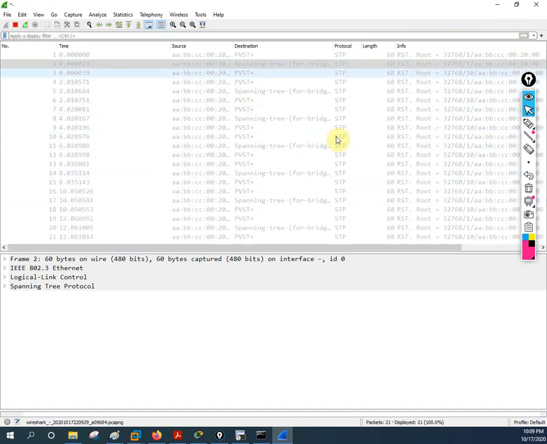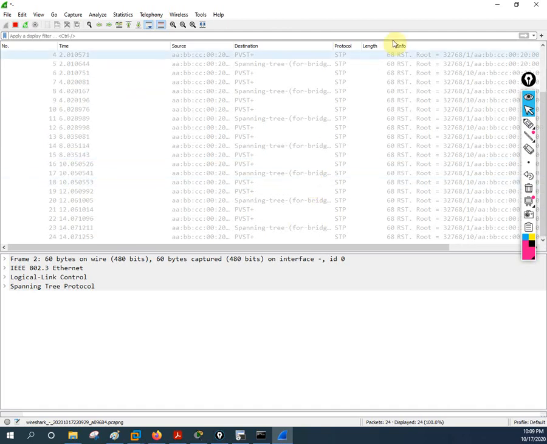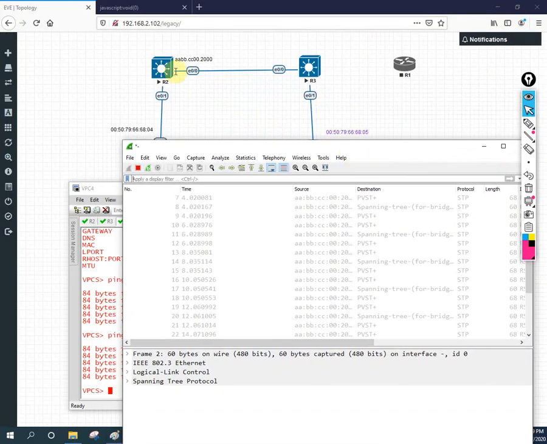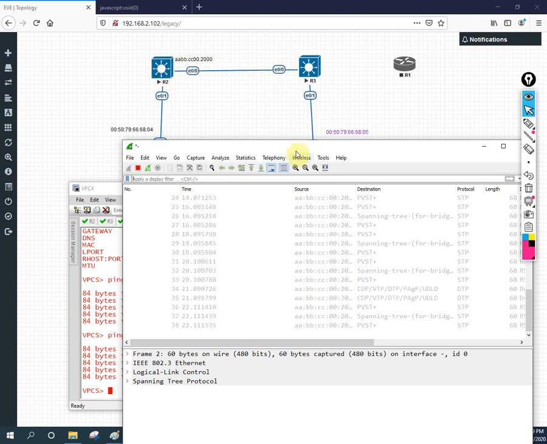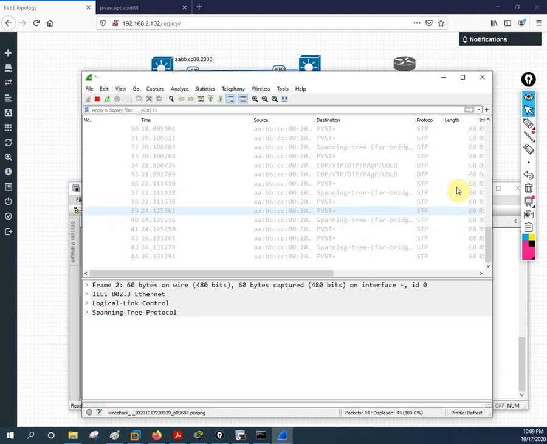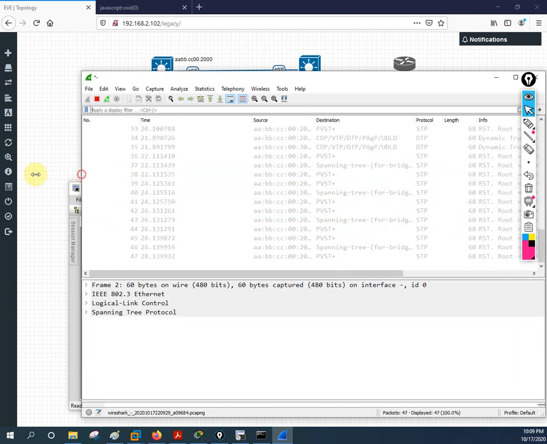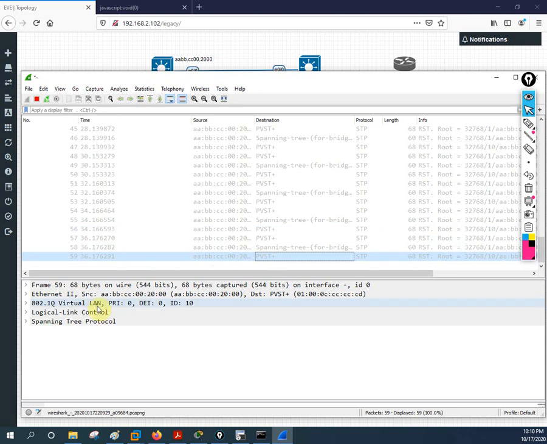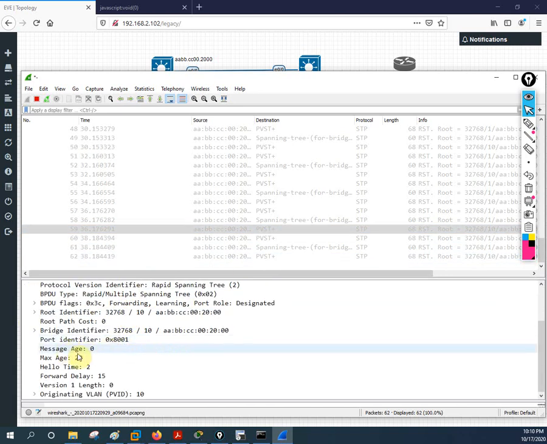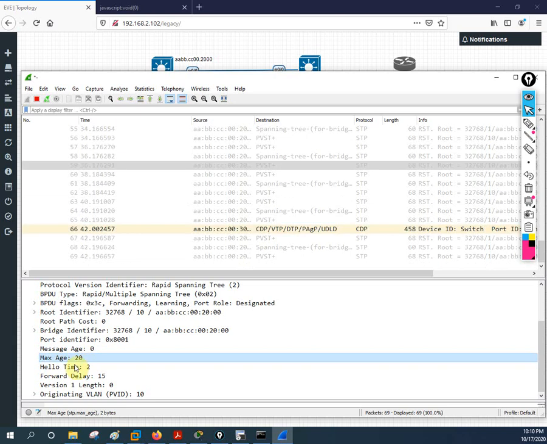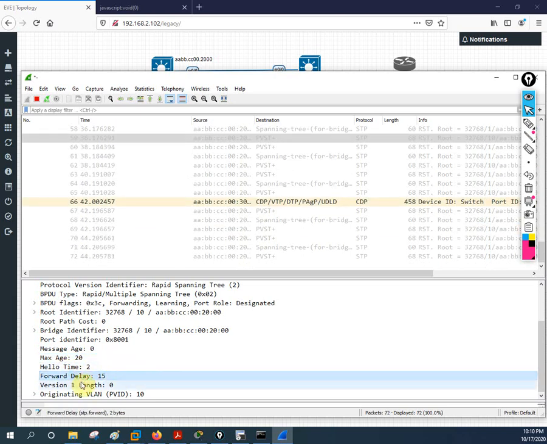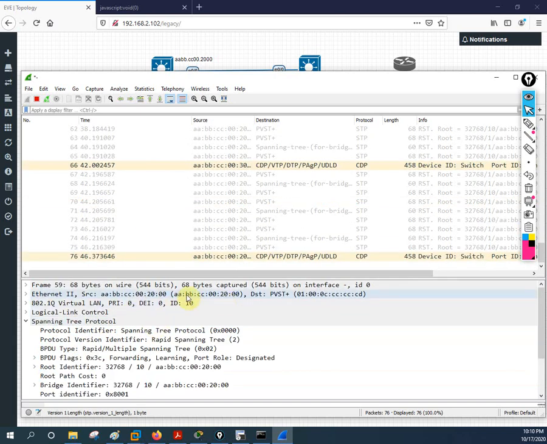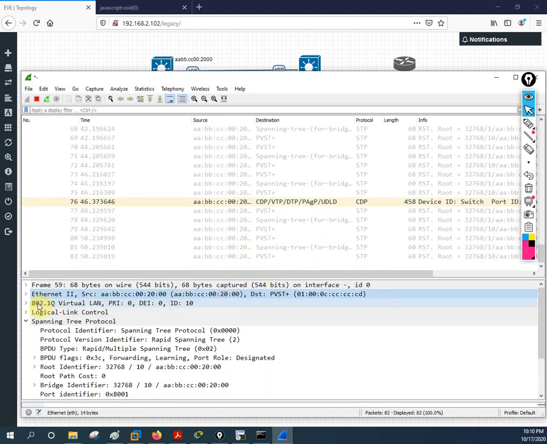These are all the packets going on between the two switches, because I am capturing whatever data is going between these two switches. They have the spanning tree protocol, so STP packets are going. They have DTP packets, dynamic trunking protocol. If you want to see any packet, you can click like this and see what the spanning tree is, what the root bridge is, the max age time, hello timer, forward delay, which version is working, and what the MAC address of this one is. You can get all that detail here.